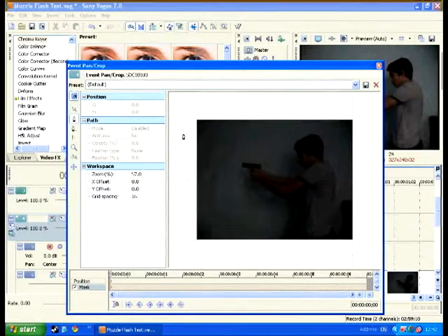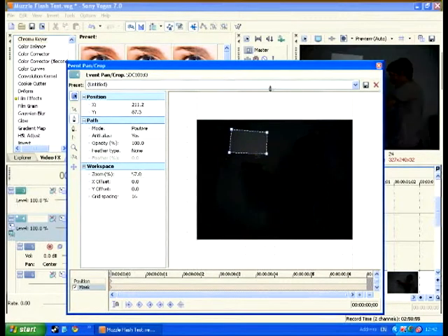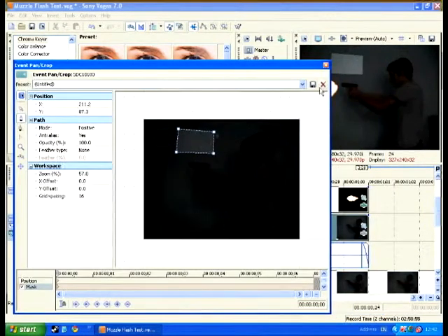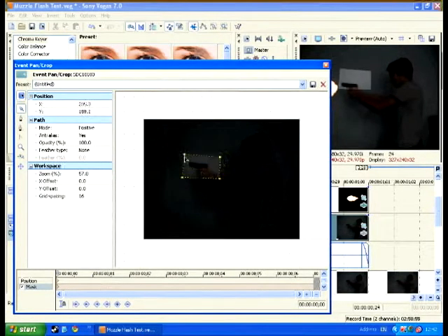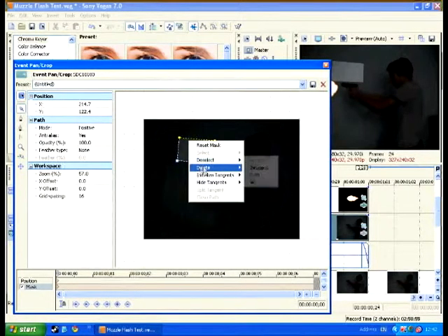and I'll show you what will happen when we create a mask. So if I just do a little box here, you'll see that it just lets in light where I've drawn this little box. So there you go. In the preview window you can see it there. If I move it around, you can see that it lets in light wherever the mask is, as you can see. So if I just delete this,